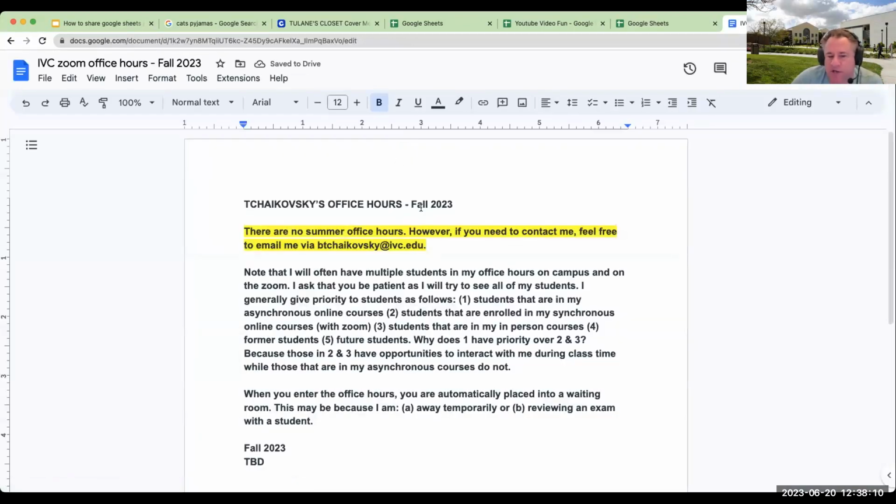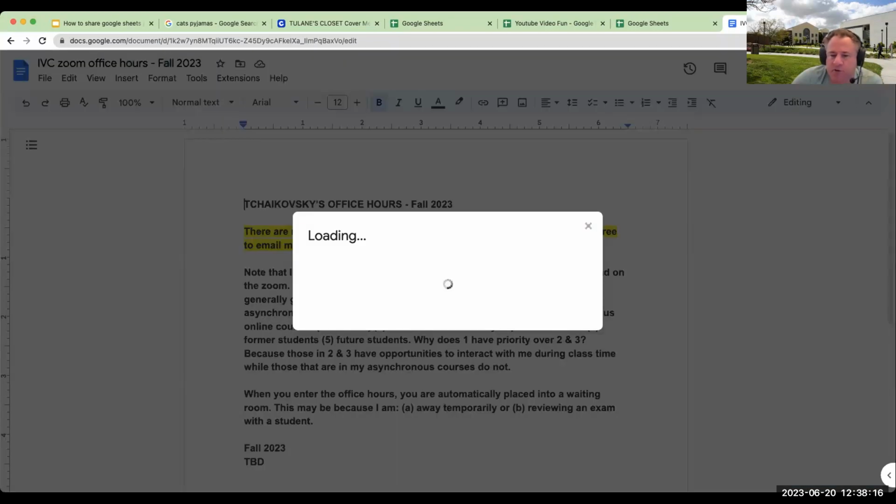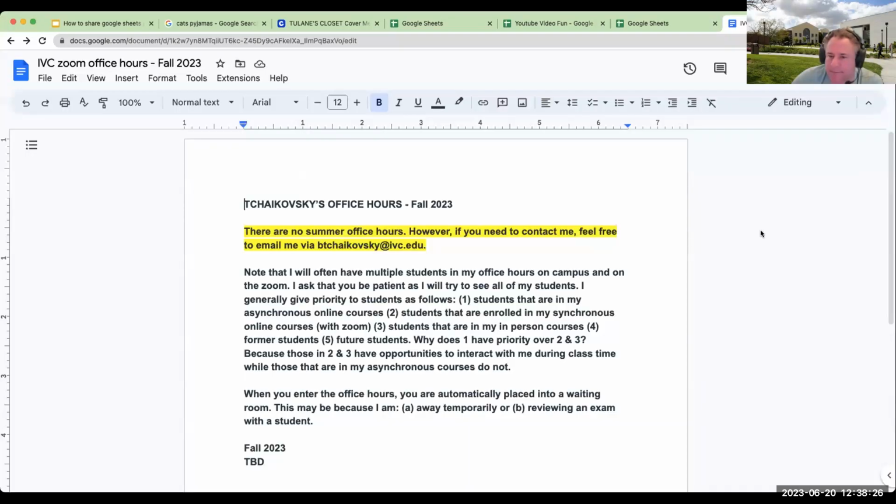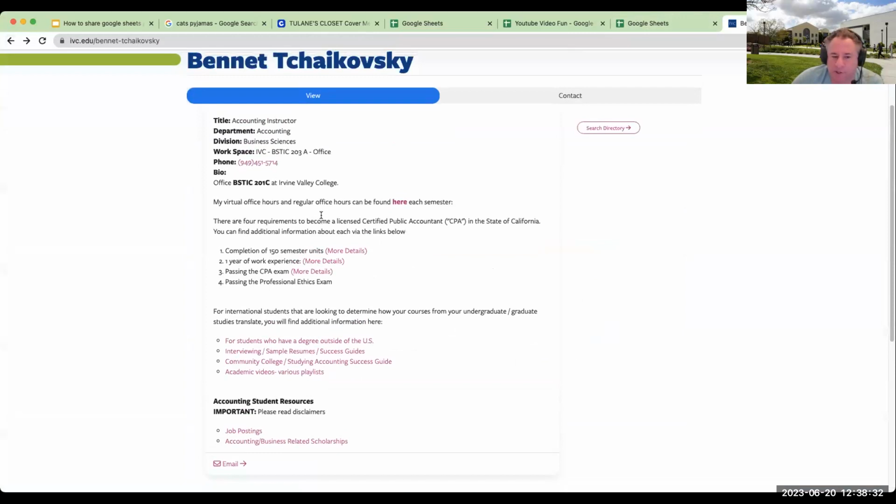So for this fall 2023, I haven't figured it out yet, but when I do, this is how I'm going to go through and do it. Notice over here, I've basically set the sharing settings to anybody with a link can be the viewer. Over here, they cannot download it, but that's what I have over here. So this is how I'm going through and doing basically web publishing through Google Sheets, Google Docs, Google